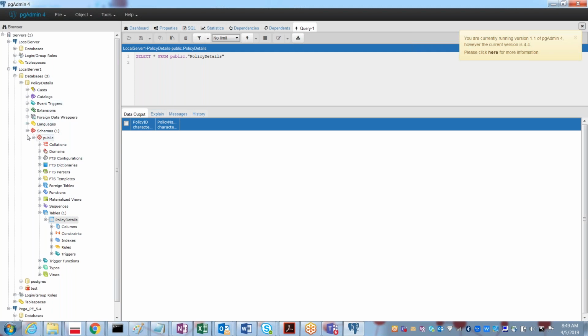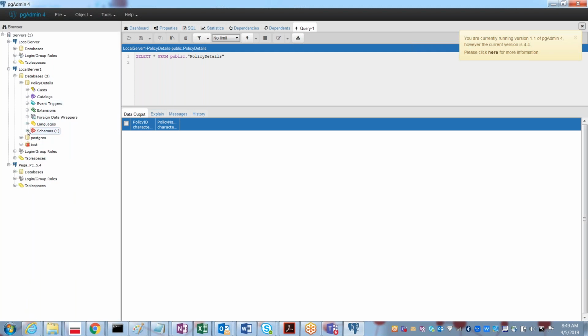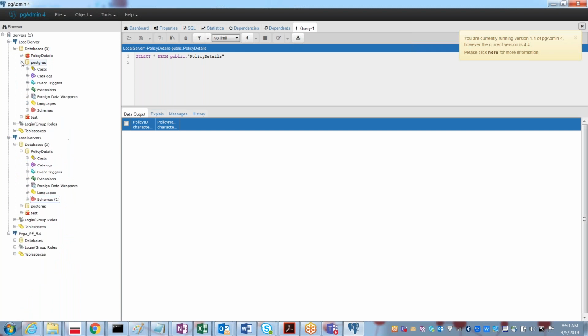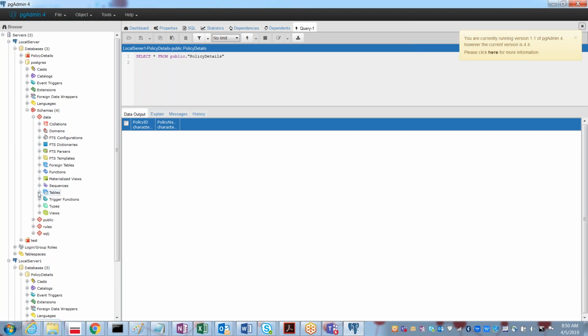And along with that, under the schema, you can go for databases. Go for the Postgres. Under the Postgres, you will have schemas. Under the schemas, you will have the data. Under the data, you will have the tables.